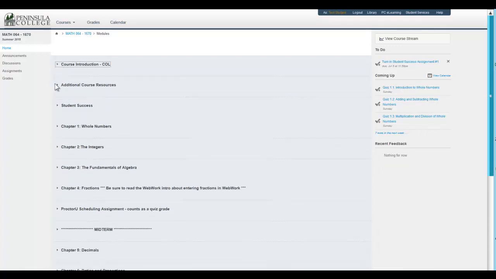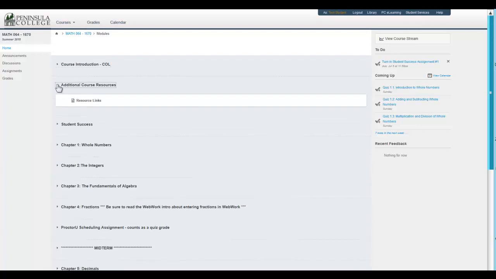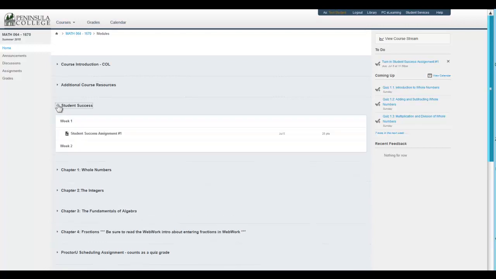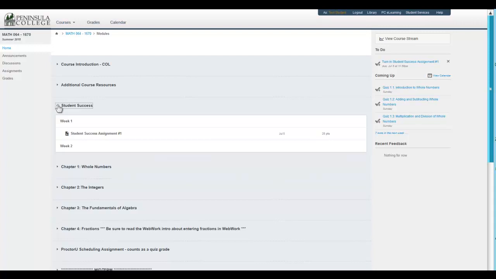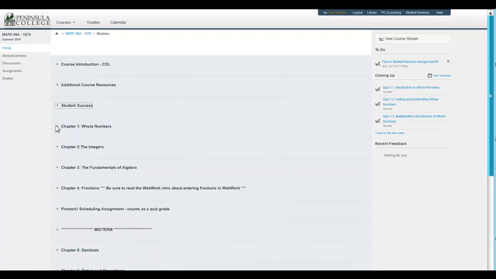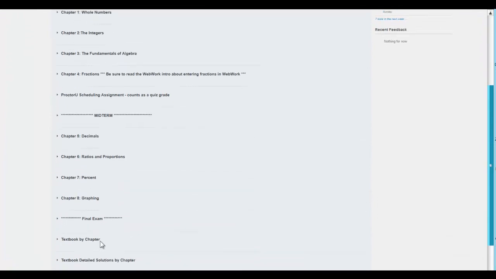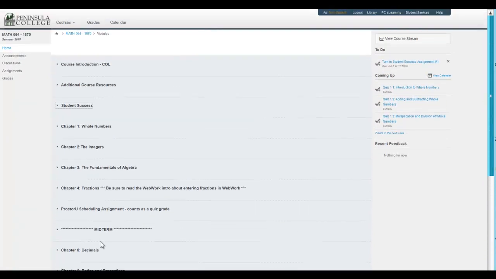There are some additional resources you might want to look at. There's a link to some resources. There's the student success area, which will be explained later. And then there's Chapter 1, Chapter 2, Chapter 3, Chapter 4, and a midterm, and 5, 6, 7, 8, and a final, and then you're done. So let's look at how this is organized. Each chapter